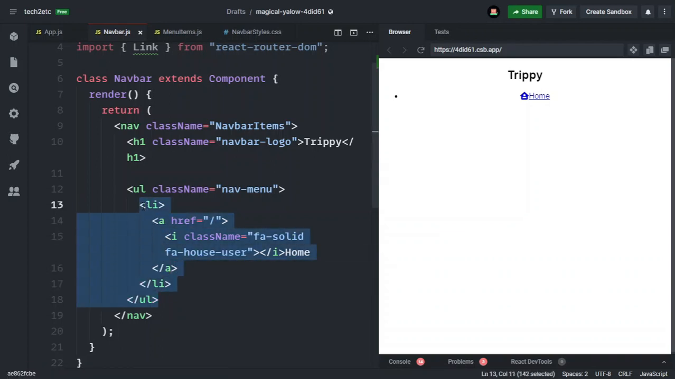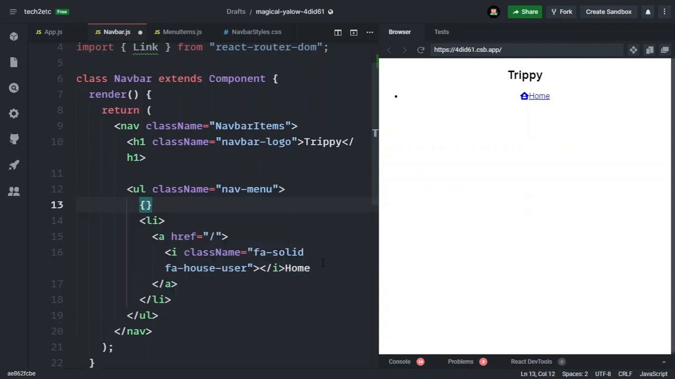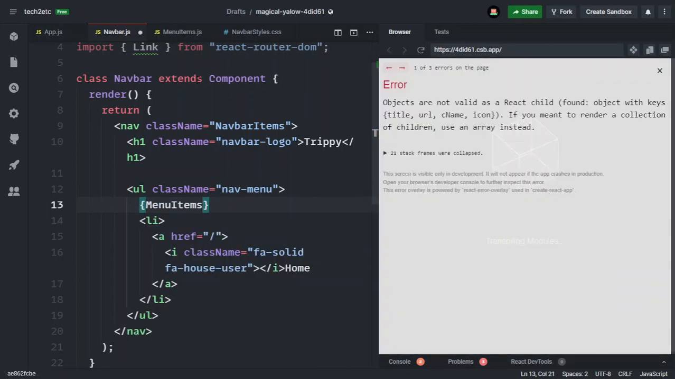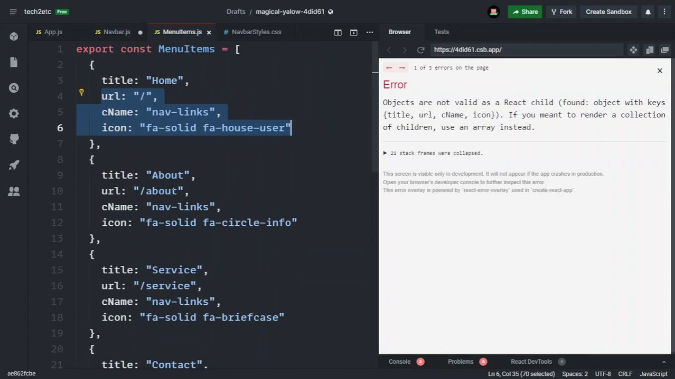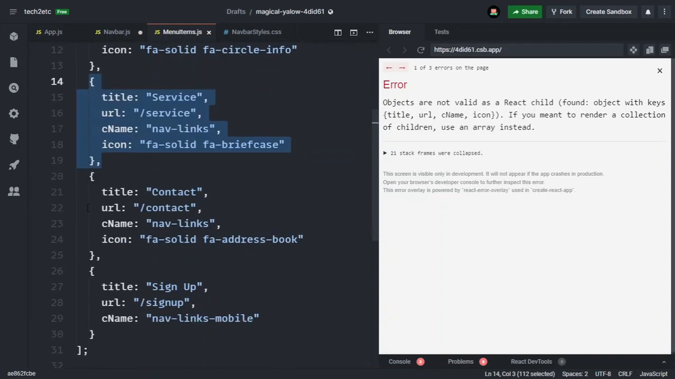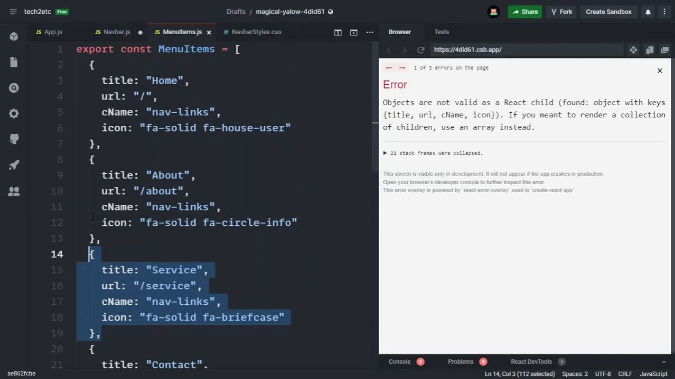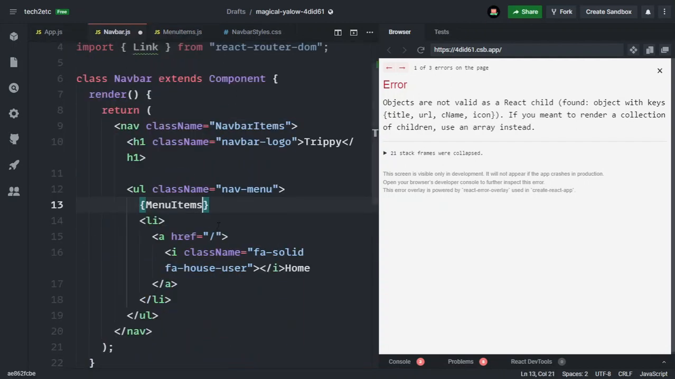So for doing that, we have to create curly braces, and here we have to initialize our menu items. And if I go to our menu items, here you can see that this is just an array, and we have our first index, second index, third index, and so on. And what we will do, we will simply map each of these items from our menu items. So that's why we have to use map